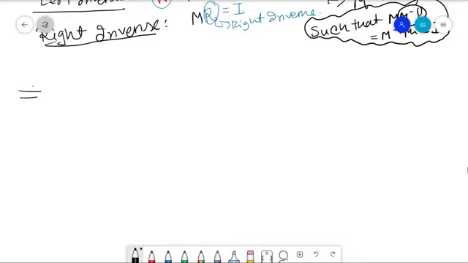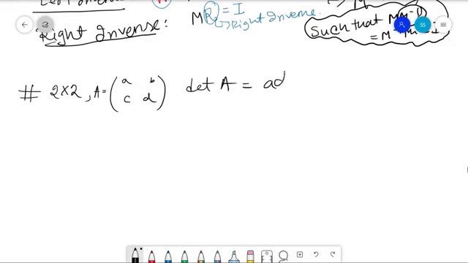So let's take a general 2 by 2 matrix first, because working with them is very easy. We want to calculate the inverse. Let's denote it with a, b, c, d. You can see that the determinant of A is ad minus bc. And now we want to calculate the